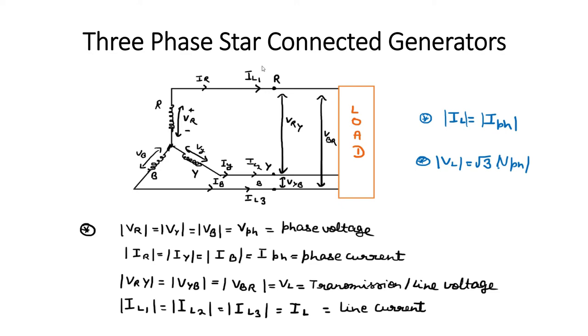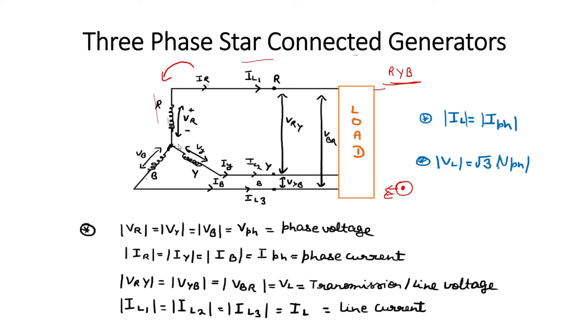Okay, so now here we will see this three-phase star connected generators. So this is your load and this is your three-phase RYB. So what does this RYB phase sequence mean? We all know that the rotation is always in anti-clockwise direction, and standing here as a stationary point, when we see it, the phase sequence RYB means first R will come and then Y will come and then B will come on seeing from here. So we say the phase sequence is R, then Y and then B, RYB.